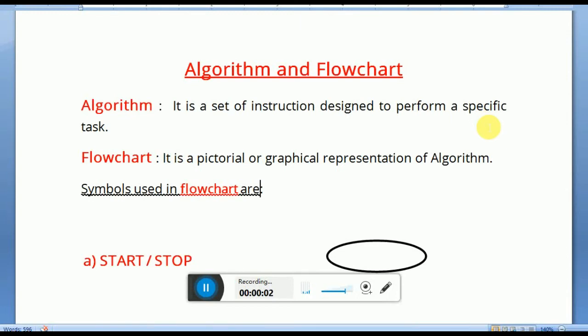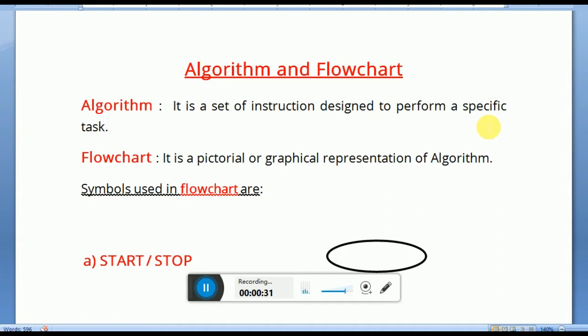So, dear students, in today's class, we will understand the concepts of flowchart and algorithm. In the last class, I explained a few algorithms and flowcharts. So, today I am going to explain it again in brief. Dear students, if you hear out this lecture till the end, I am damn sure that all your questions regarding algorithm and flowchart will be cleared out very easily.